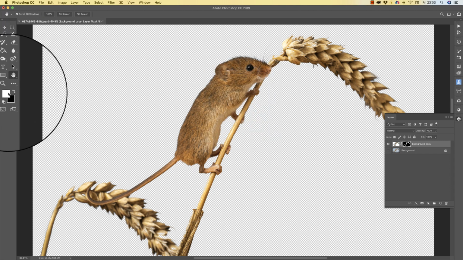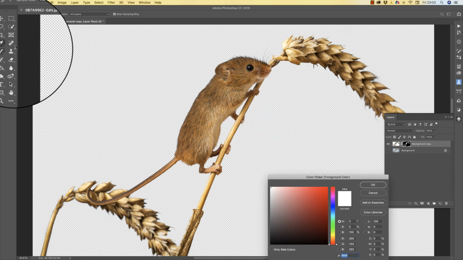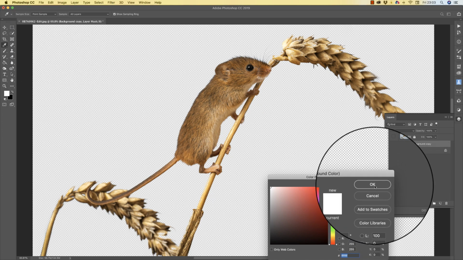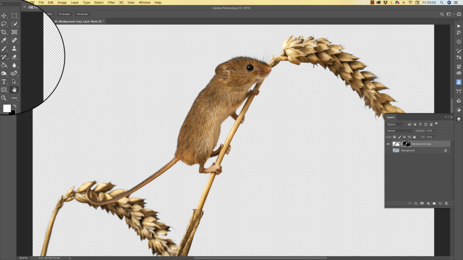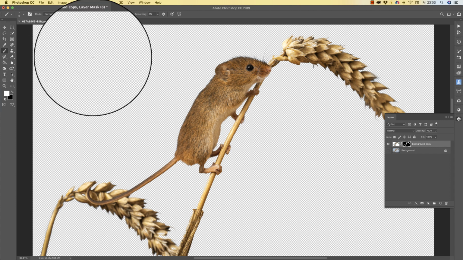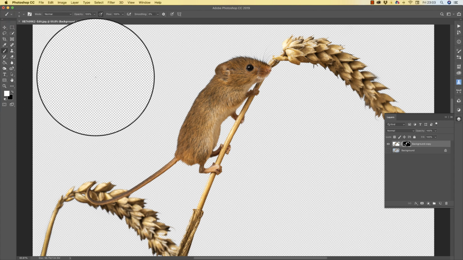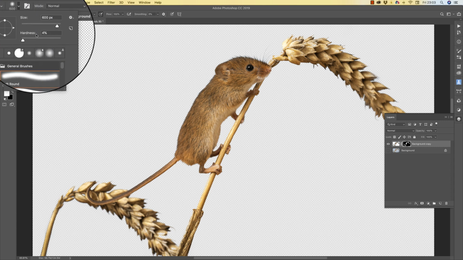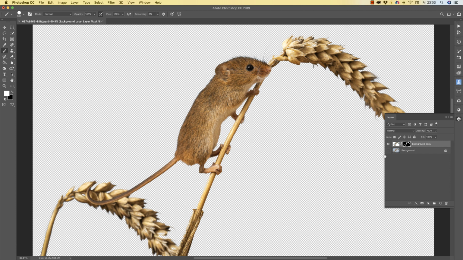I'm just going to click on white. Let's use a big brush now. Making sure we're on normal for the mode, and making sure we've got a hard brush again. Just make sure I'm on the mask. I want a black brush, sorry. And I'm just going to click with a black brush and just go over these big areas